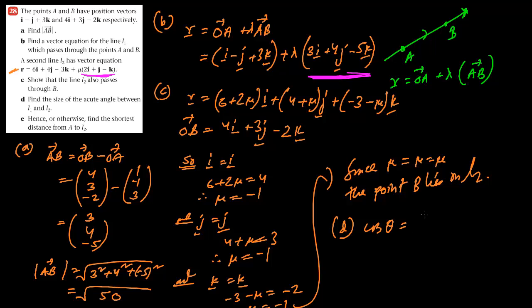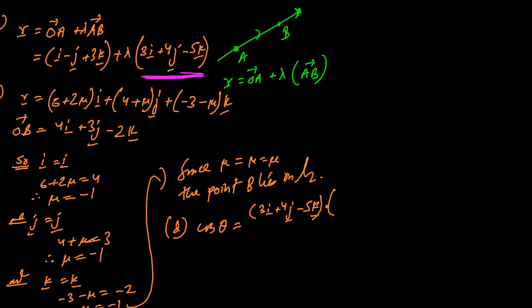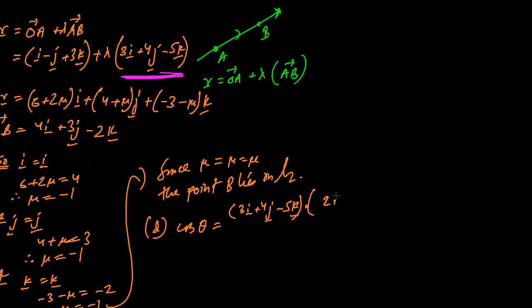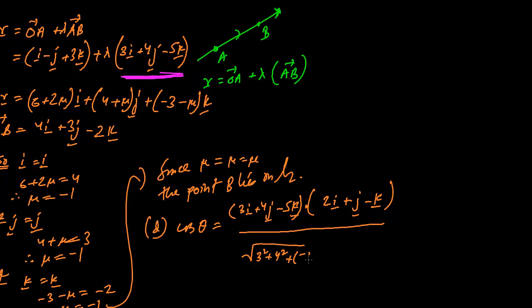So cos theta equals direction vector of L1, 3i plus 4j minus 5k, dot direction vector of L2, 2i plus j minus k, divided by modulus of direction vector of L1, square root of 3 squared plus 4 squared plus minus 5 whole squared, times square root of 2 squared plus 1 squared plus minus 1 whole squared,